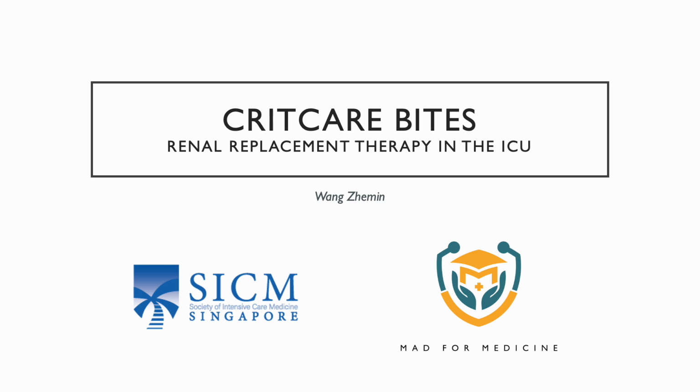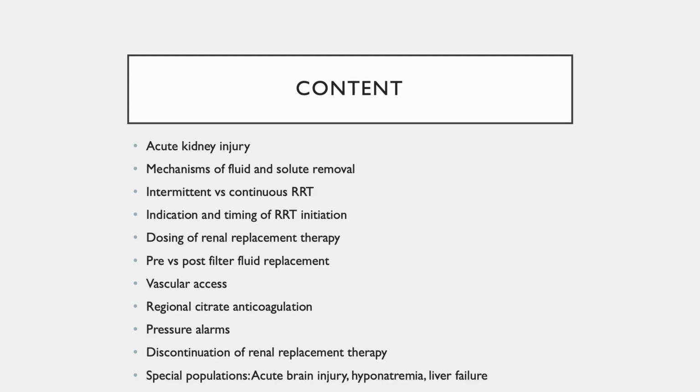In this episode of Crit Care Bites, I'll be discussing acute kidney injury and renal replacement therapy in the ICU. The topics that will be discussed include acute kidney injury and what it entails, the different mechanisms of fluid and solute removal, the differences between intermittent and continuous renal replacement therapy, indication and timing considerations, how dosing is decided,